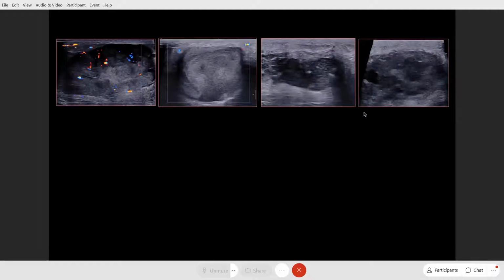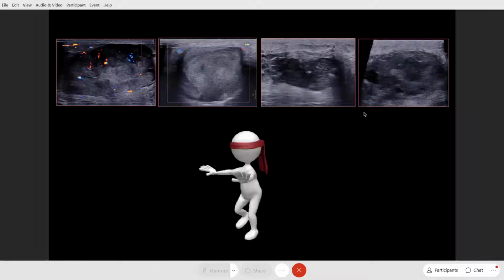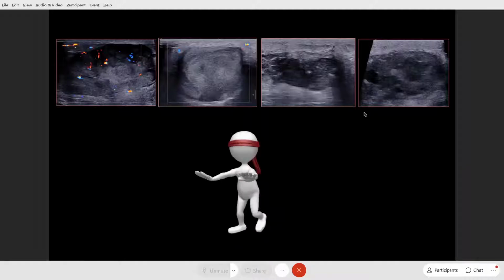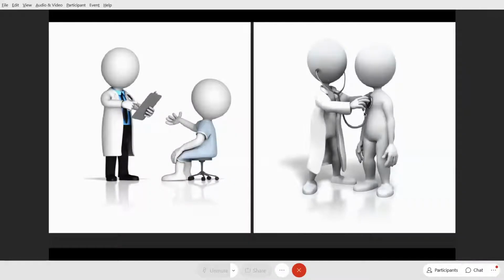So what are we going to do? What are all the different possibilities it can be? Some are showing a solid lesion with internal vascularity, some are not, and there are two heterogeneous lesions. So just by applying BI-RADS knowledge, we would not be able to narrow down our differential diagnosis. The main advantage of ultrasound is you have direct contact with the patient.